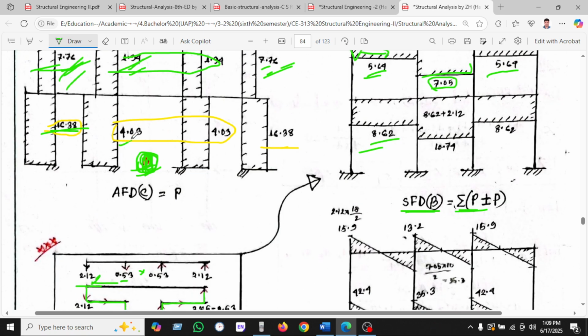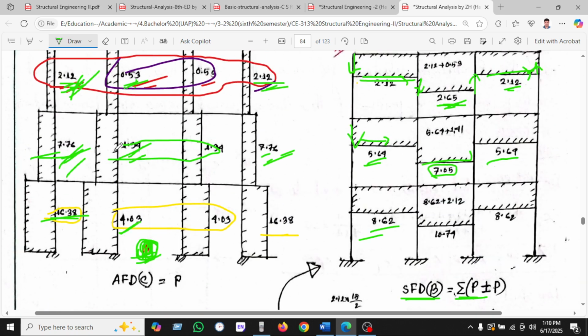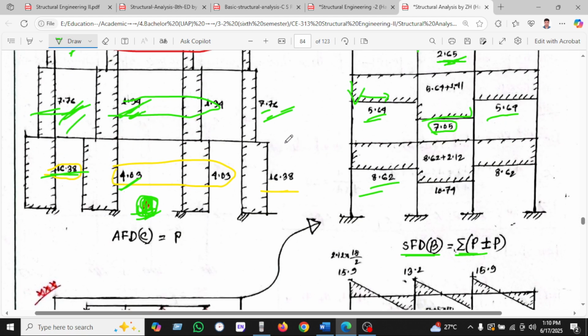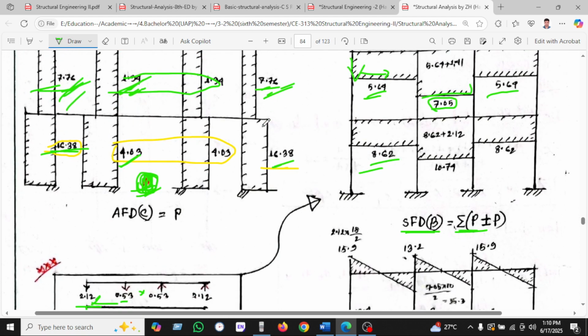3.04, as we have found 3.08 minus 1.94 from the upward axial load. So it will be 2.13. And in the same way we can see 4.03 minus 1.94 is 2.04. And 16.38 we have seen here. 16.38 minus 7.76 will be